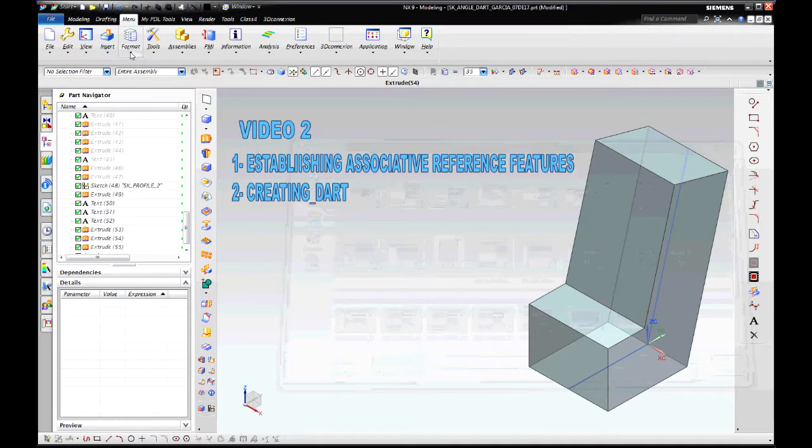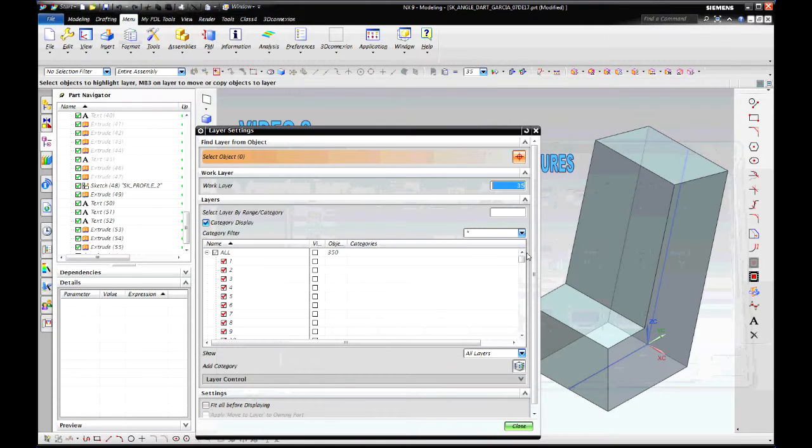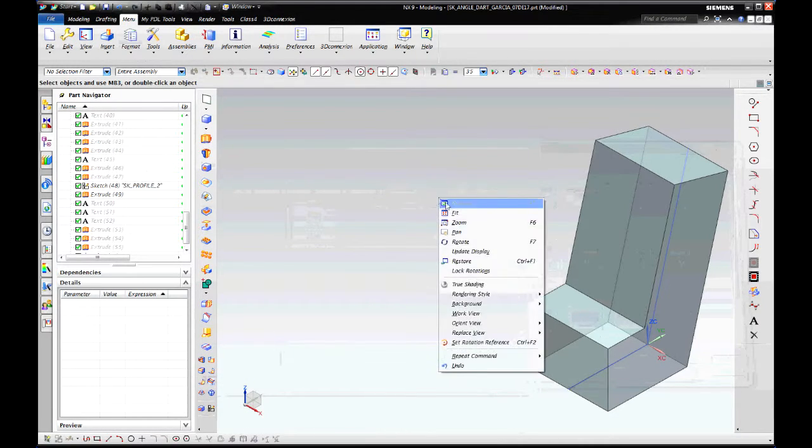I'm going to start by selecting Format, Layer Settings, and scrolling down here to where we have the labels, the video labels, layer 34. I'm going to turn that off. I'm going to leave layer 35 as the work layer. I will do a fit here,